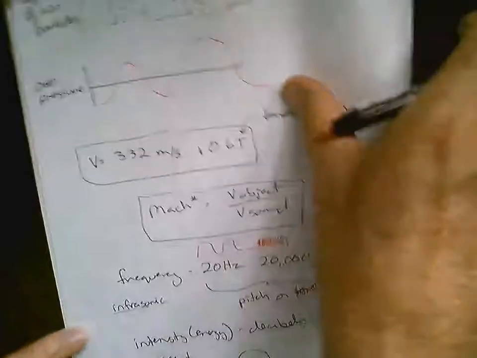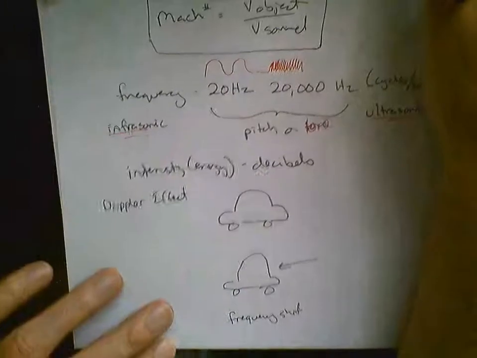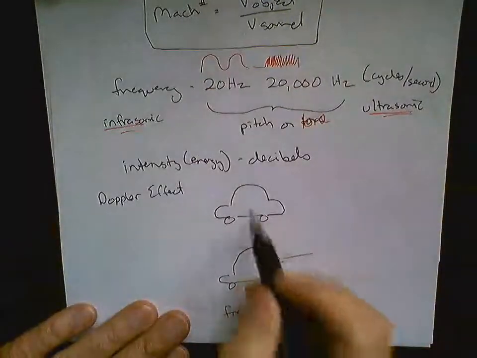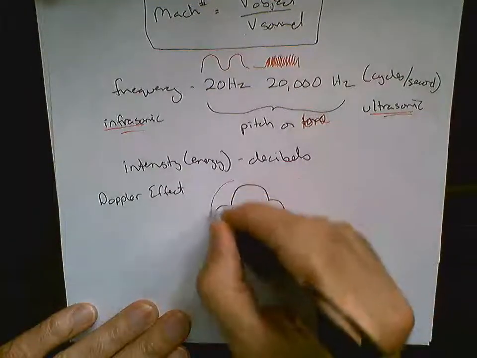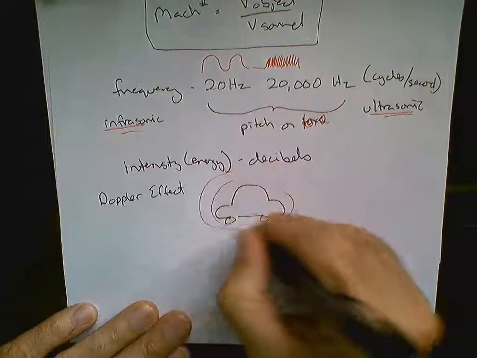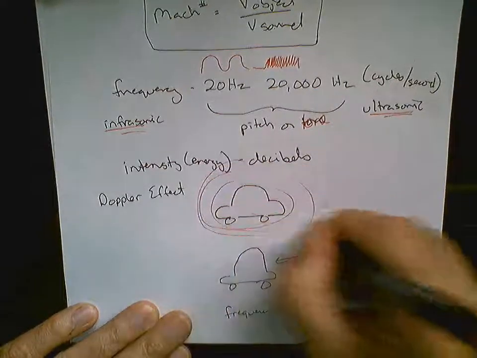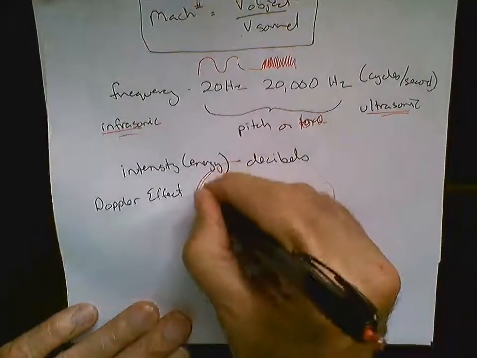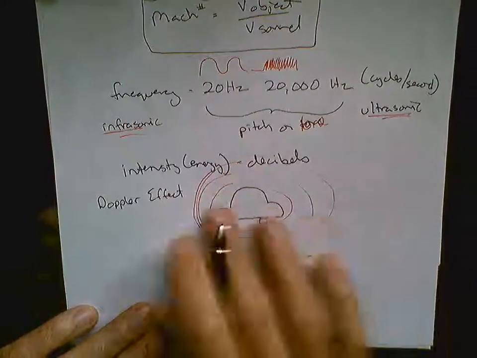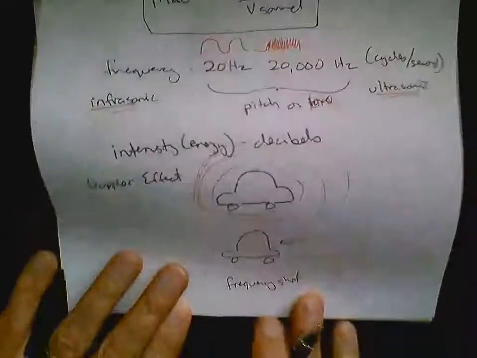The last thing that they go over in U4A2 is the whole idea of the Doppler effect. If you have a car and it's standing still and it lays on the horn, the sound waves go out like this, and that's a horrible drawing. These are supposed to be in uniform fashion all around it.